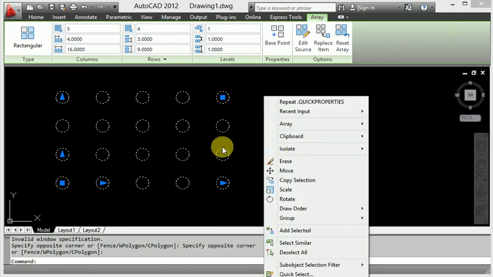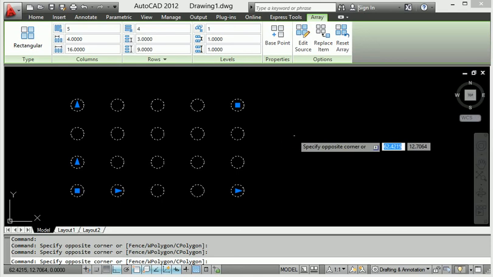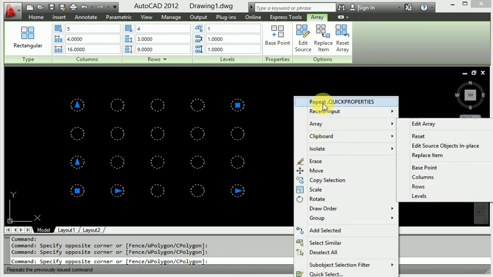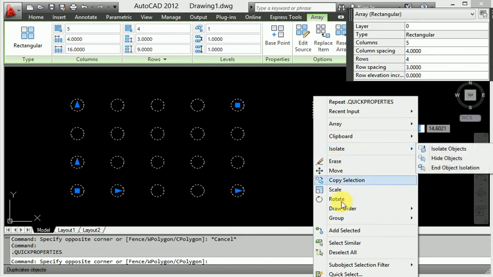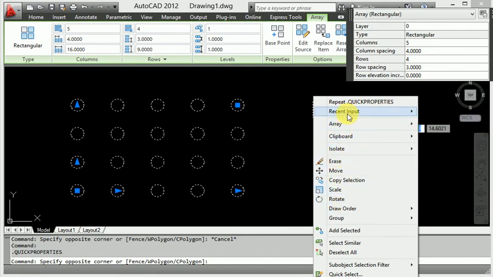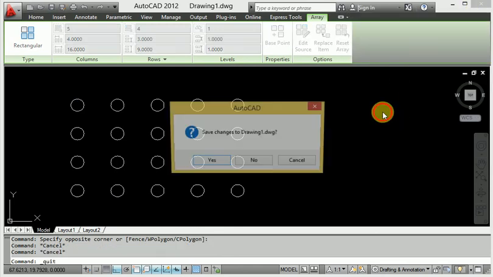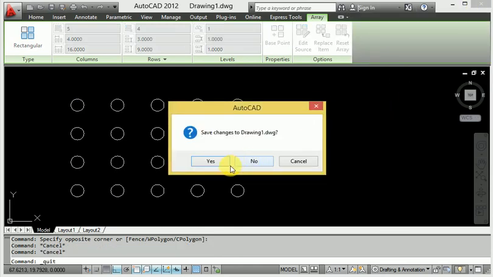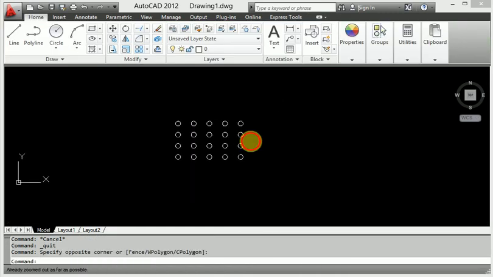If I want to change the shortcut key in array, how to use the shortcut key in array? So first of all, go to exit. Again I will use the number of patterns from the shortcut key.